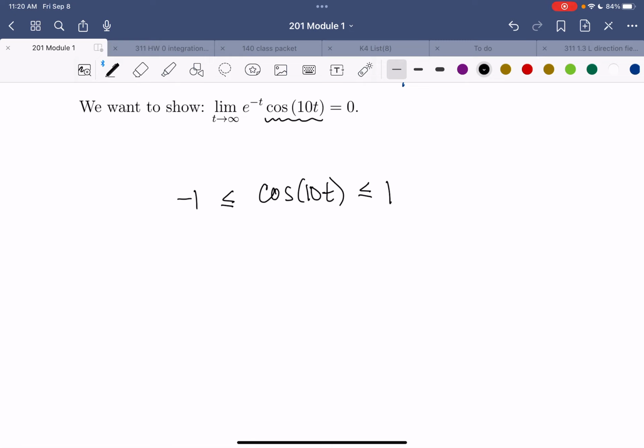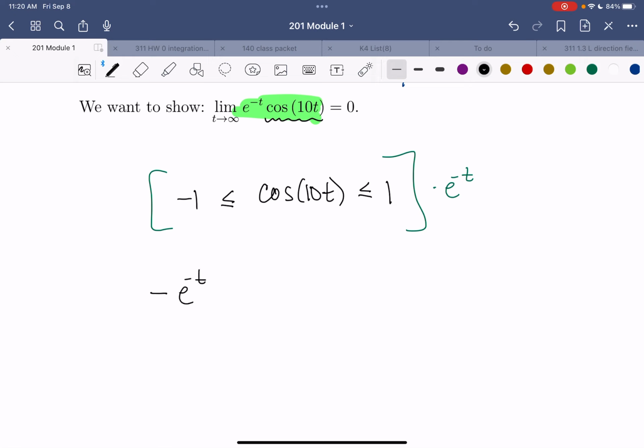Then I want this function right here in the middle. I want that to show up here. Well, I don't have it yet, so I need to get in that e to the negative t, and that e to the negative t is multiplying my cosine. So I'm going to take all 3 pieces of this inequality, and I'm going to multiply it by e to the minus t. If I do that and I distribute to all 3 parts of my inequality, that's negative e